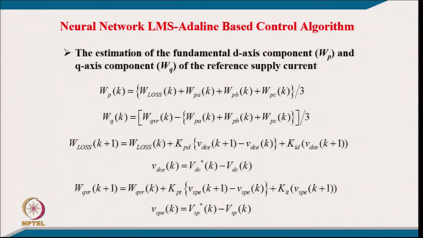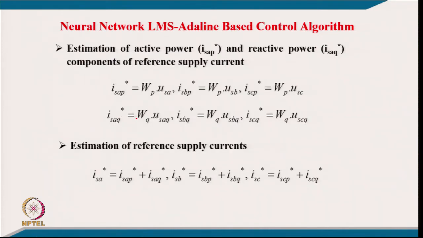as we did in the other control algorithm. And similarly the voltage regulation at the point of common coupling, regulating the amplitude of the voltage. So, that basically gives the amplitude of the active component and reactive component of the supply current, and then from this we can calculate for all three phases, using this weight multiplied by the template for A phase, B phase, C phase, the active component of all three phase grid current. Similarly, the reactive component of the grid current, which is required for voltage regulation,